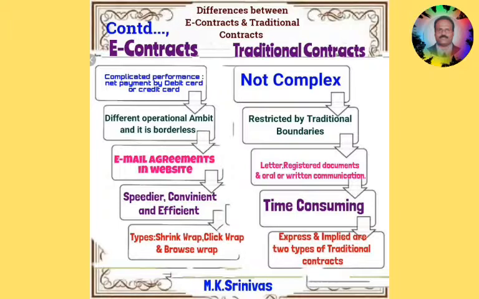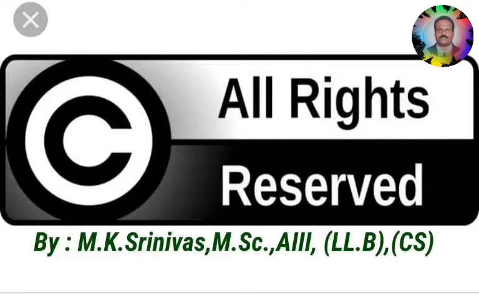Then, email agreements on websites, versus letters, registered documents, and oral or written communication. E-contracts are speedier, convenient and efficient; traditional contracts are time consuming. The types of e-contracts are shrink wrap, click wrap and browse wrap, and other types, as you know, EDI and email. Traditional contracts are only 2 types: express contracts and implied contracts. Now, I have come to the end of this first video on e-contracts, wherein